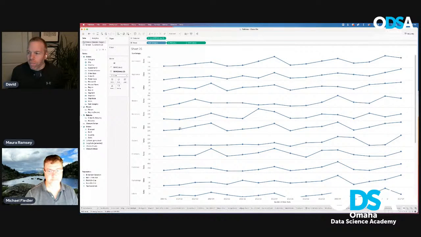Okay, so reviewing the steps that we did so far just to get a line chart, we actually did a lot, didn't we? We have independent axis. We got dual axis. We synchronized them to make sure that both the charts are on top of each other. And we also changed the top chart to circles. So what we're going to do now is